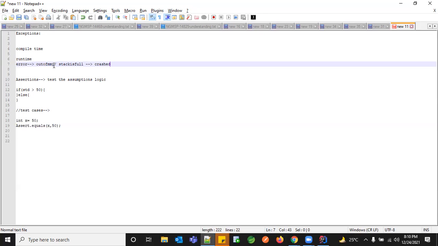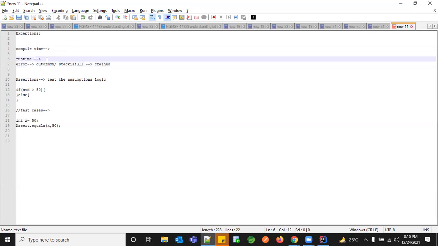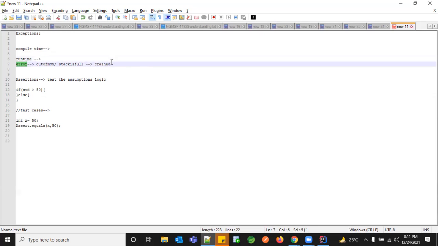So all of those fall into this particular error criteria. The ones which can be handled at compile time and the ones which can be handled at runtime are called checked and unchecked exceptions. Checked exceptions are something you can check in the initial stage of your program and handle, so those are basically your compile time exceptions. Something you can't check at compile time, but you're able to predict that it happens at runtime, is an unchecked exception. These are classified based on compile time and runtime execution, and are handled by us. But something over which we don't have control, which cannot be handled, falls into this error category.